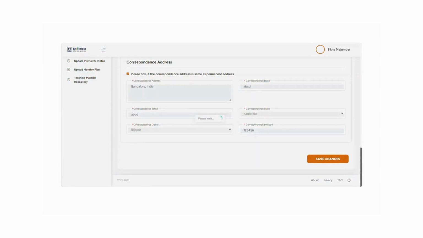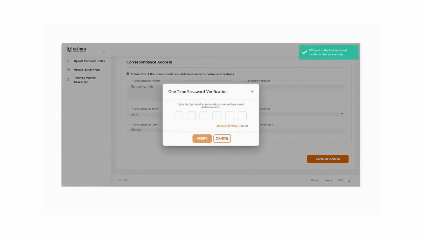Click Save Changes. An OTP will be sent to the mobile number registered with Aadhaar for verification.